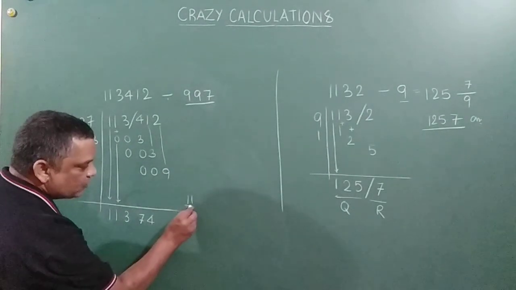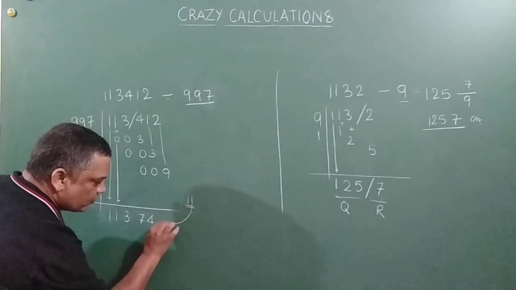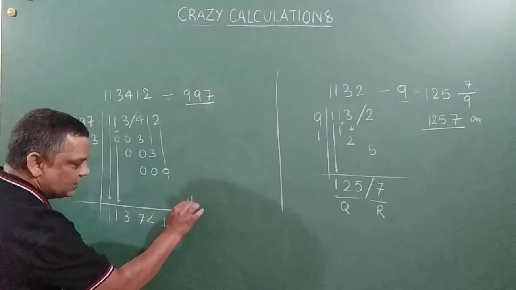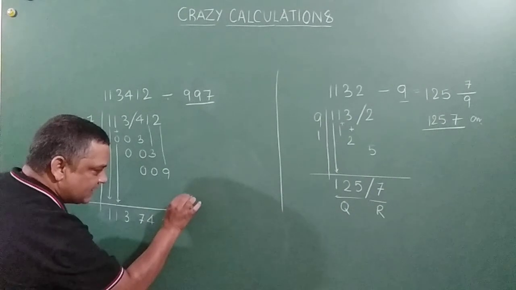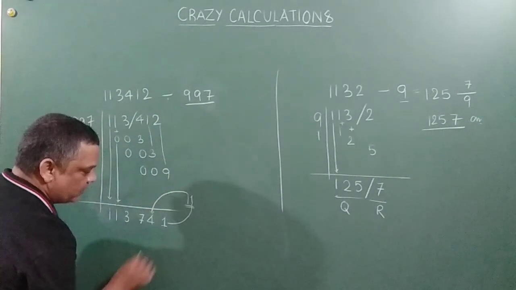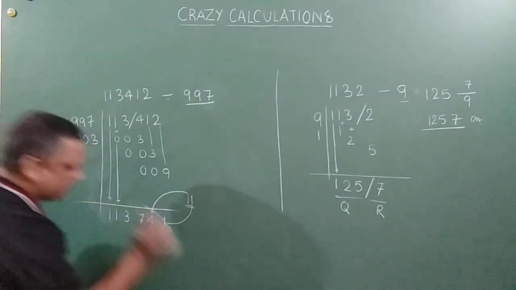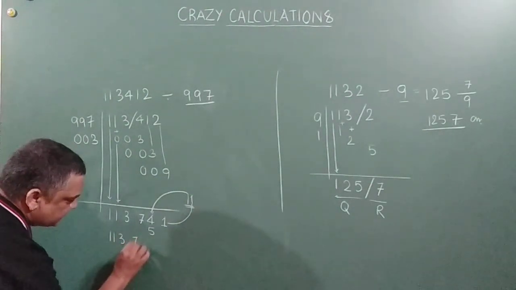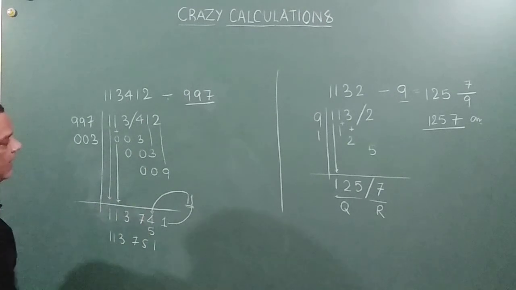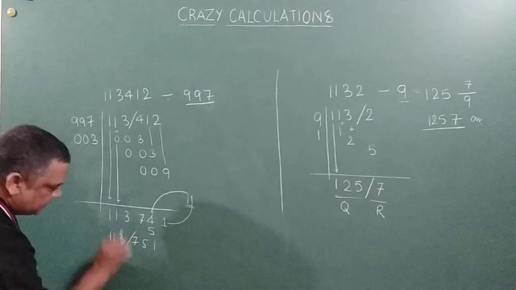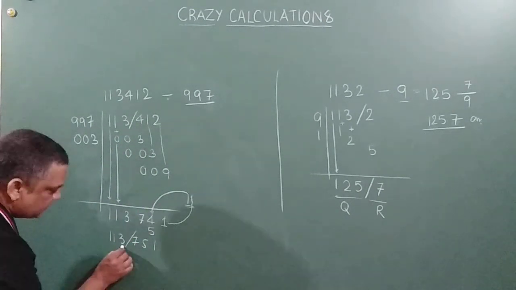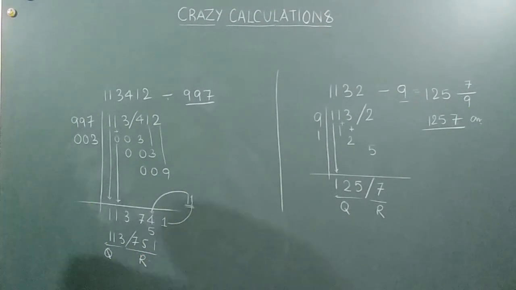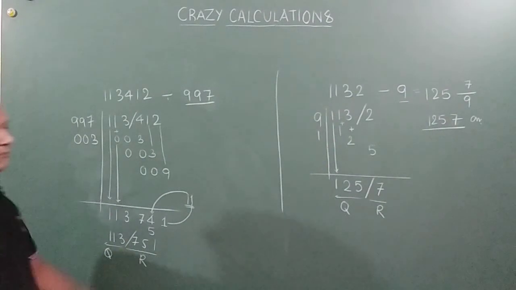So what I am going to do is that this one I am going to write as it is here. The units place. The one in the units place I am going to write it here. One in the tens place I am going to add it up here. Okay? And converting this to 5. Correct, my friends? So this will be 1, 1, 3, 7, 5 and 1. And then oblique after the 3 digits. So this is my quotient and this is my remainder. Correct, friends? So this is how it is.